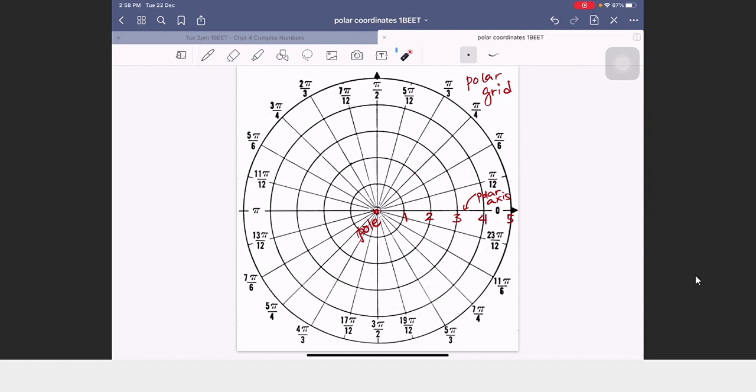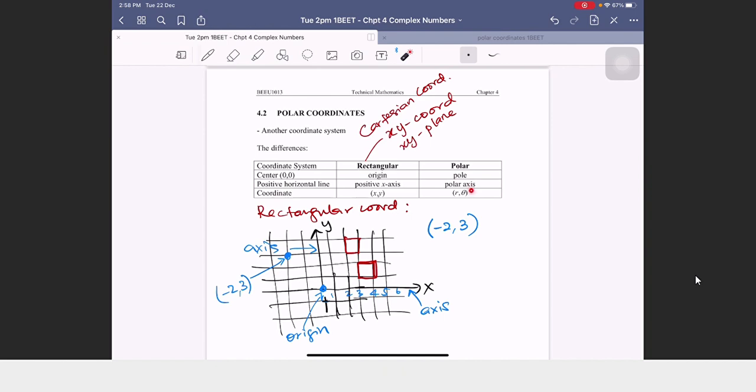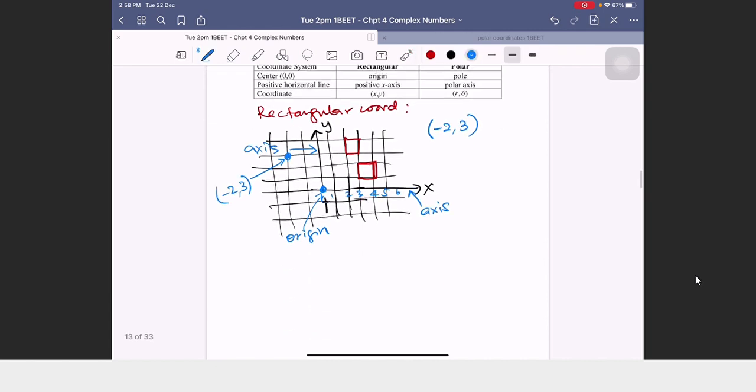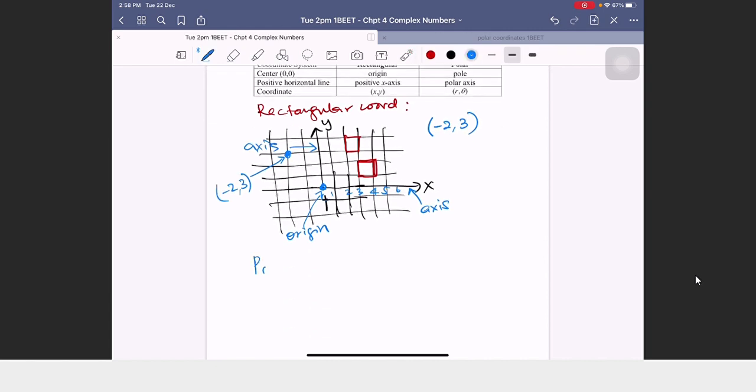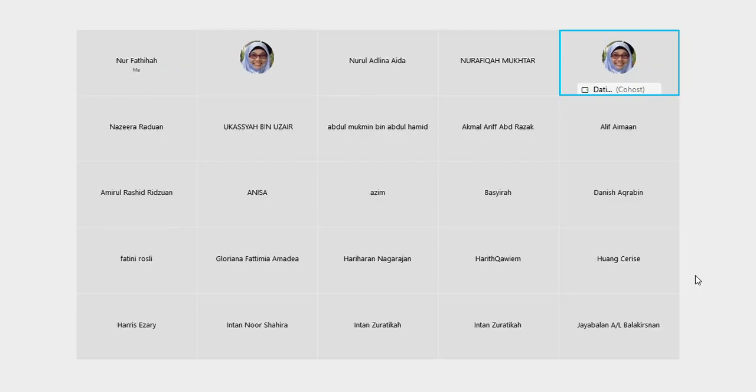And then you have what we call angle. This is angle, so you have theta. Theta represents angle. So in terms of coordinates, it is represented by r, theta. So for a polar coordinate, it is represented by